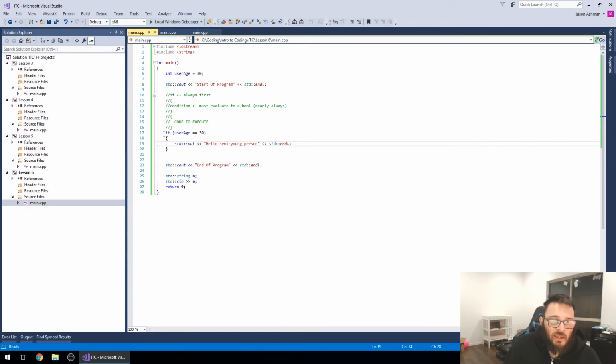So it's going, okay, we've hit an if statement. Let's evaluate this thing. User age equal to 30 is true. It'll return a true from that operator. And then it goes if true, which yes, that means let's execute the code. Before,